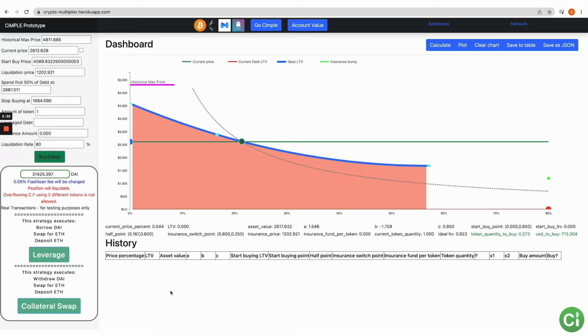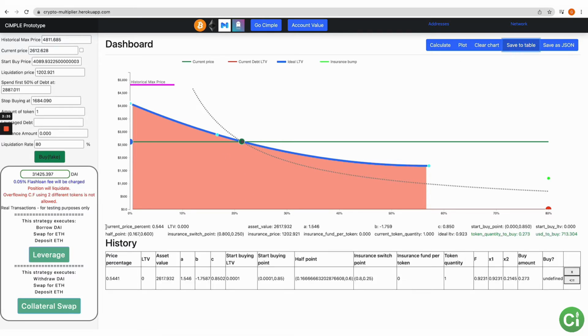The history, this is not actual history. This is just, if you hit the save to table, it'll basically save this table or this information here so that you can quickly turn around and put it back up there, right? So if you made a change and then you would restore it, that's how you would do it. This is not how it's going to be done in real life, right? Number one, these are all fake transactions. You can do real transactions on this page, right?